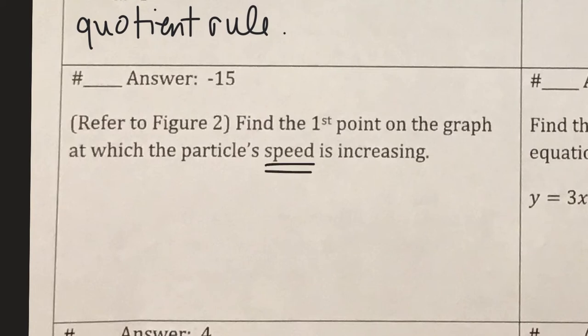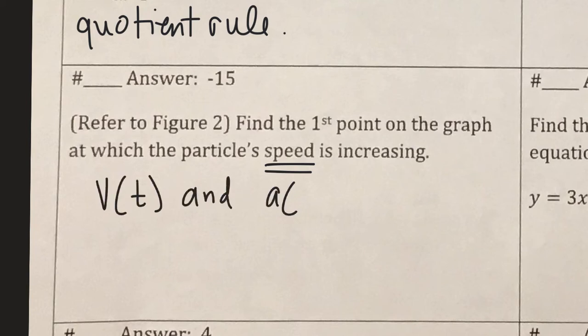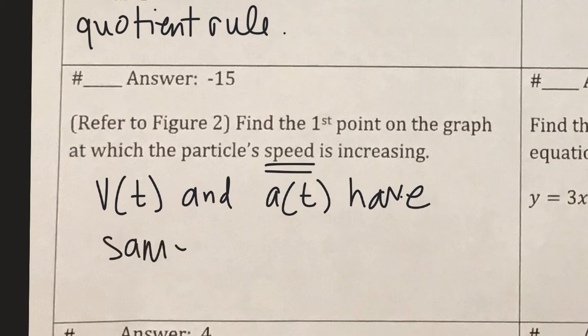So speed is increasing when your velocity and your acceleration have the same sign. Okay, so they can both be positive or they can both be negative. So it doesn't matter in which direction we're going. We want to know when the speed is increasing. So they can both be negative, right? If velocity and acceleration are both negative,